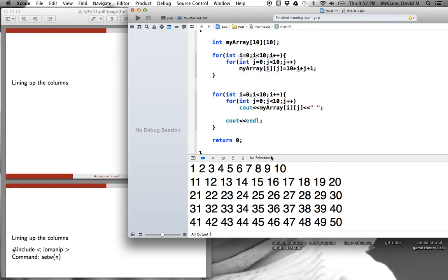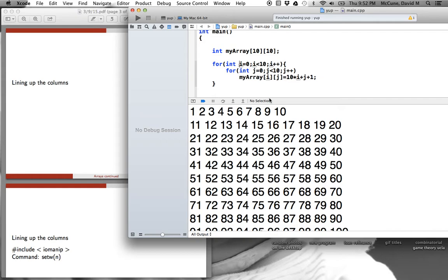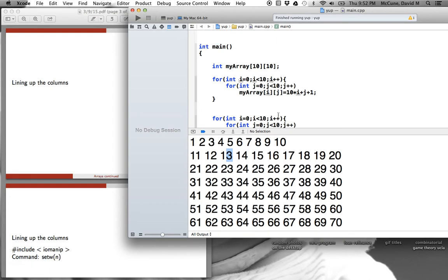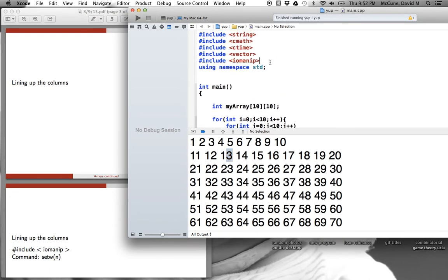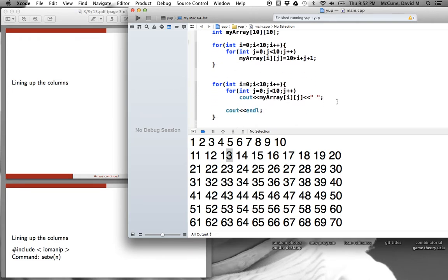Notice that when I print it to the screen, the columns don't really line up. You'd like for this 1 to be directly over this 1, and this 2 to be directly over this 2, this 3 to be directly over that 3. You want the columns to line up. So the way that you get the computer to do that for you is first you include a library called iomanip, which just stands for input-output manipulation. And then instead of